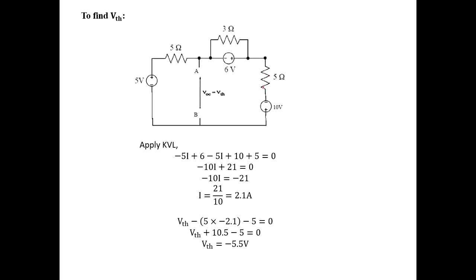We have to redraw the diagram like this. The resistor is in series with the voltage and the current arrow is in the downward direction. So we have to put the plus sign down and the minus sign up. Next, in this we have to find this terminal A and B. We have to find the VThevenin. For that we need the current in this loop. Here it is one loop, and this is another loop. In between it is having one voltage value, so no need to apply the mesh method because in between it is having a voltage. We have to consider this as one separate loop, and this as another separate loop.